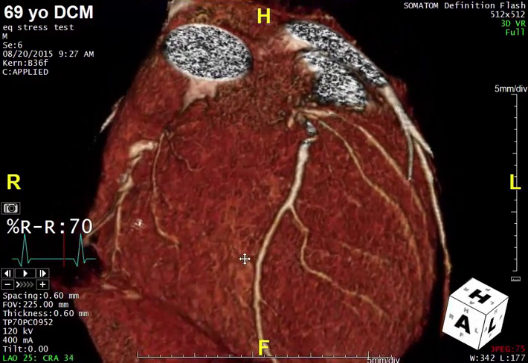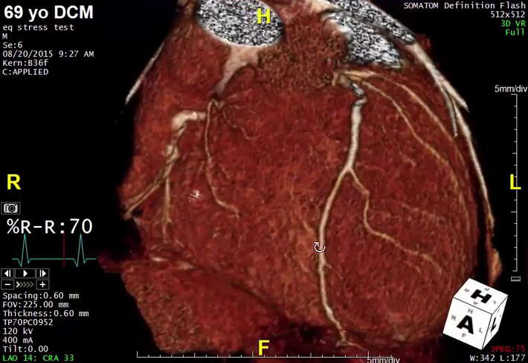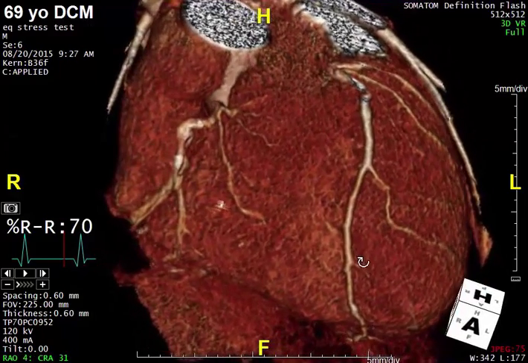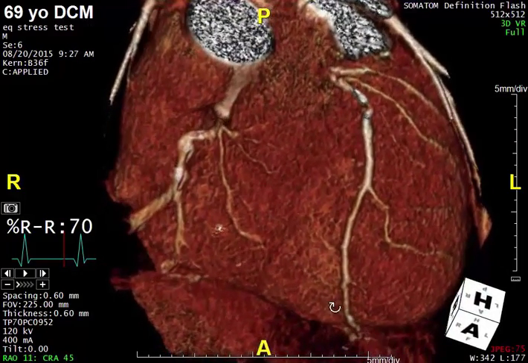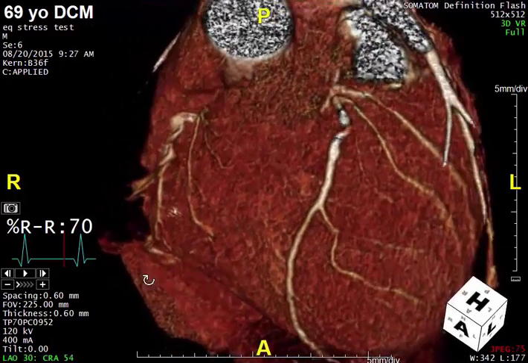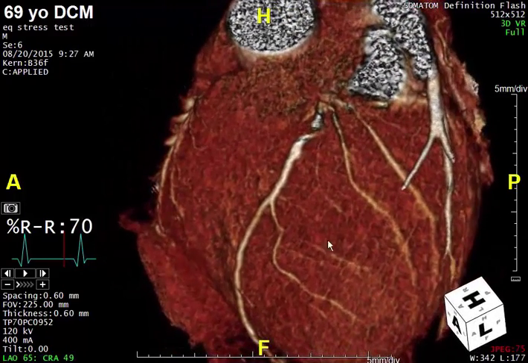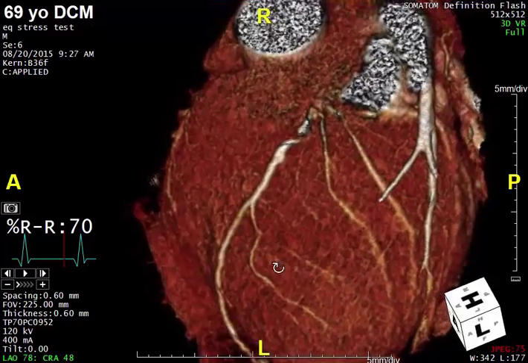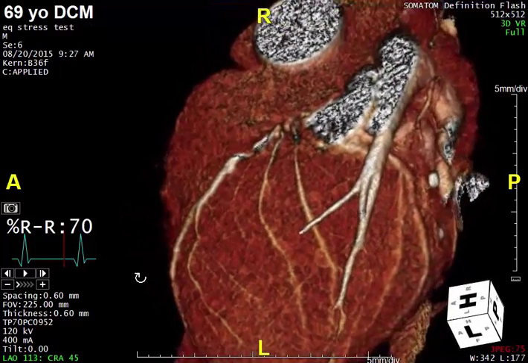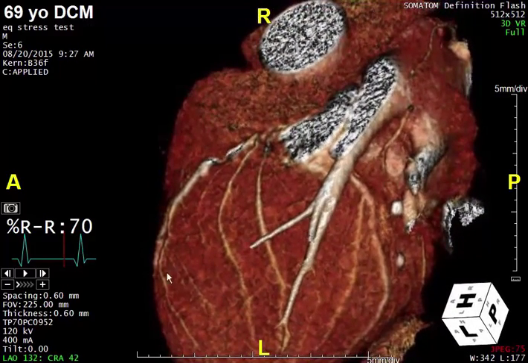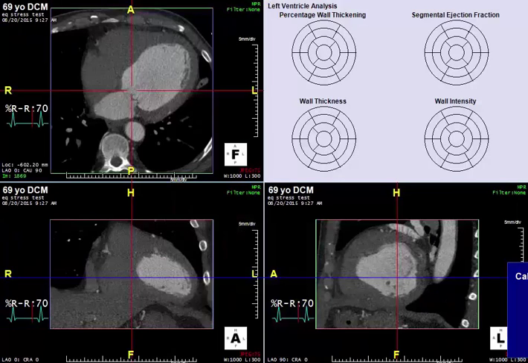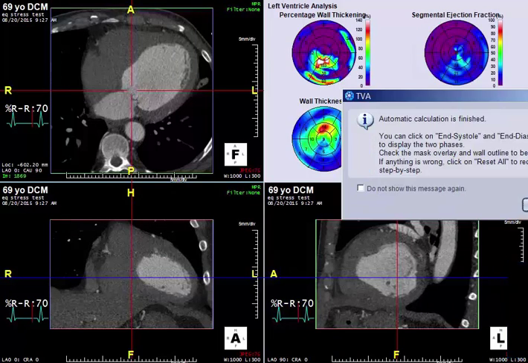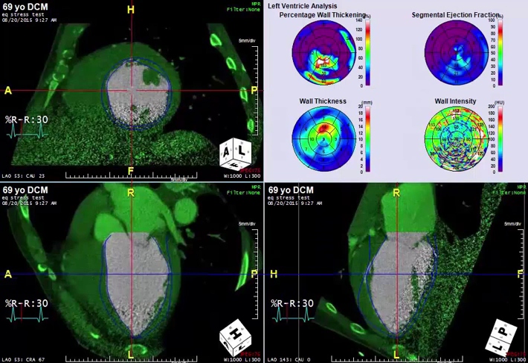You can clearly see that there is some disease in the proximal left anterior descending, probably obstructive, but there is clearly good flow down the LAD into the circumflex vessel, as well as the obtuse marginals and also into the right coronaries. Looking at the left ventricle, we have general views here that allow us to look at mutually orthogonal